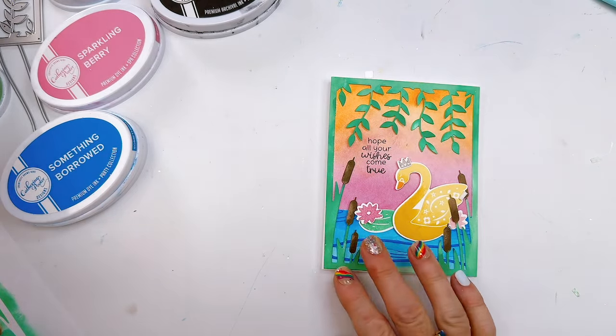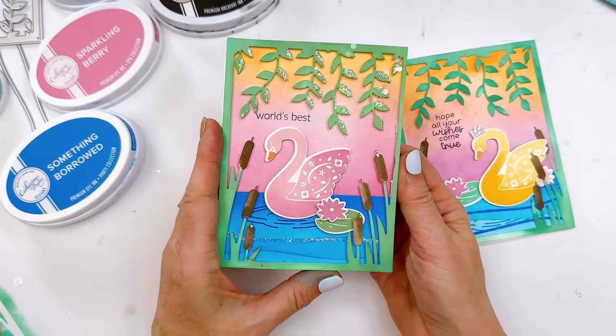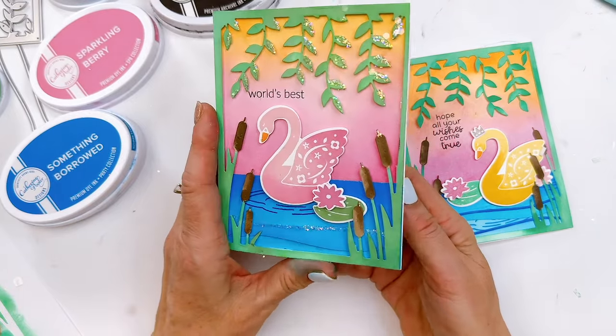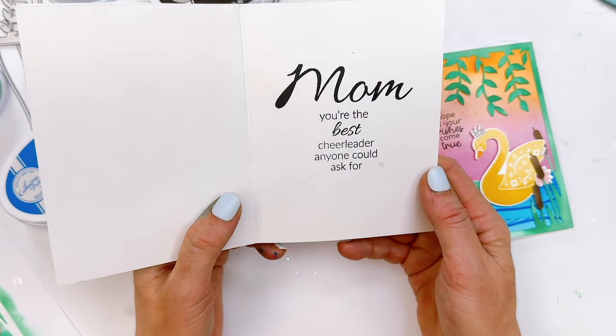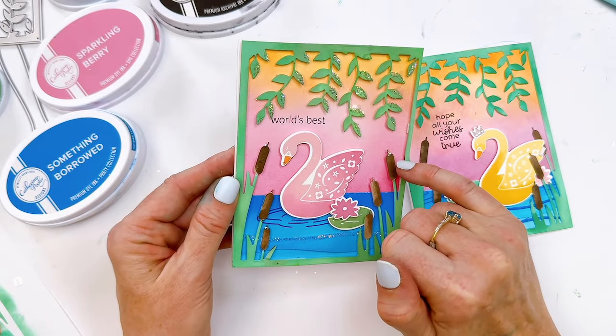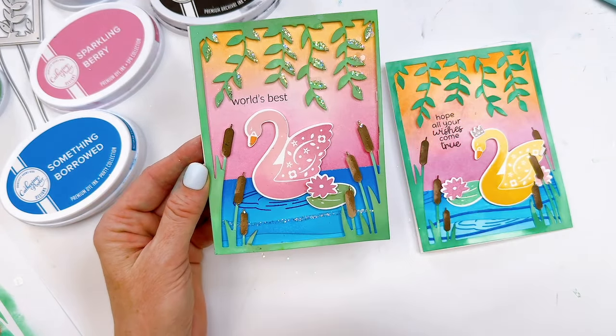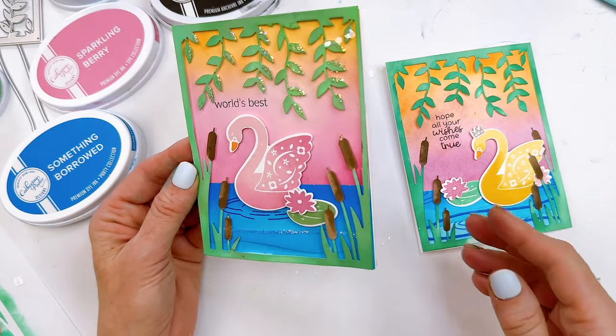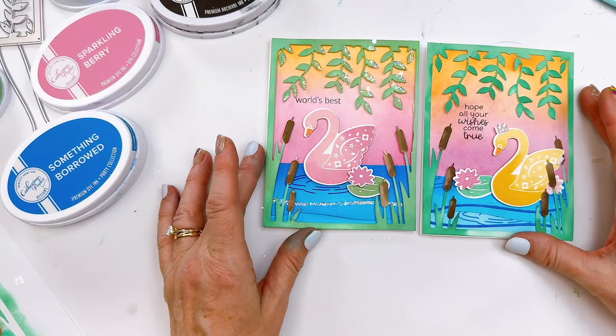Here is another one that I made. So this is World's Best. Oh yeah, I did finish. For a minute I couldn't open it. I was like, what? Okay, Mom, you're the best cheerleader anyone can ask for. This one I added some glitter to the top of the cattails. I added some glitter on that extra little piece of dimension there, and basically they're the same, just a different